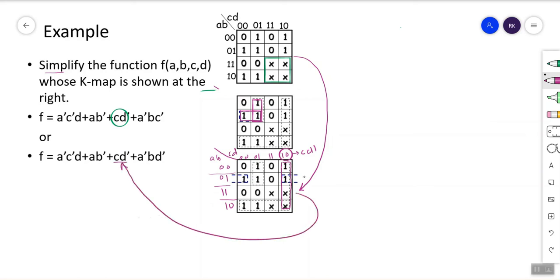Now come to this, the same way. This corresponds to A B naught. Here everything is changing, so everything is going to cancel out. So this group corresponds to this expression.